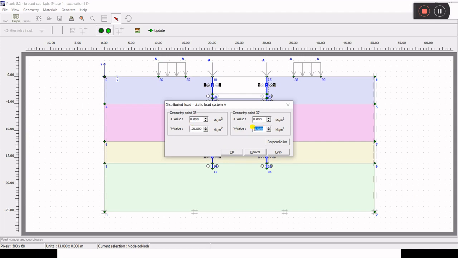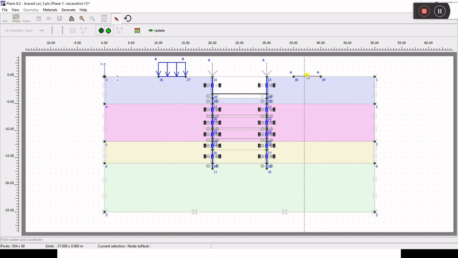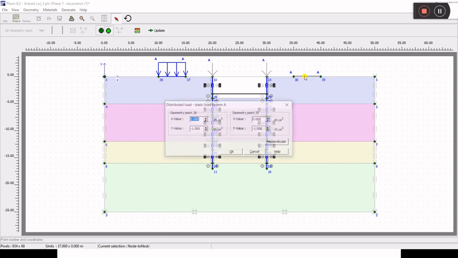At 36, minus 20 value at this point. If you want to define it as a trapezoidal loading, then you can provide 30, or maybe any load you want, any type of loading. And I'll provide this UDL loading here. So now I'll click OK, and you click here to activate it. Now you go on this one and define your loading.